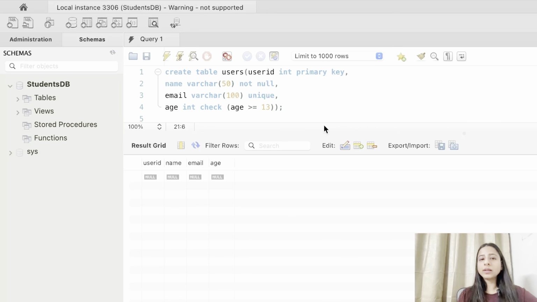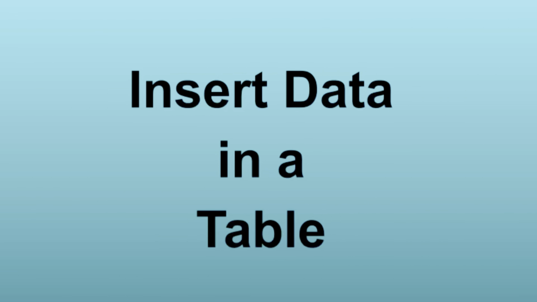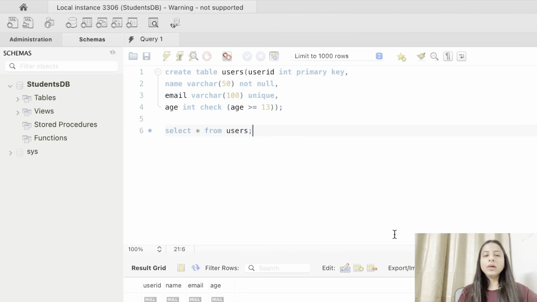So the next part is how we can insert the data in a table. All right, so in order to insert the data in any table, we simply write insert into, and you write the table name as users, and you can put parentheses like this, and if you want you can give the names of the columns as well.